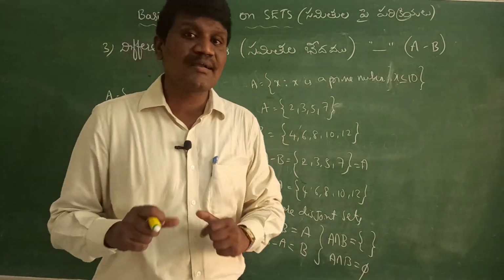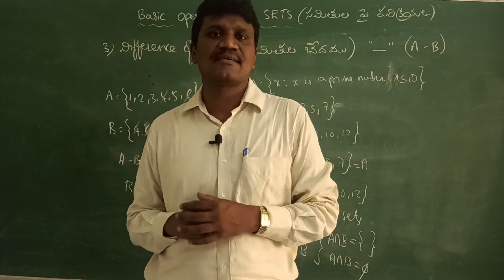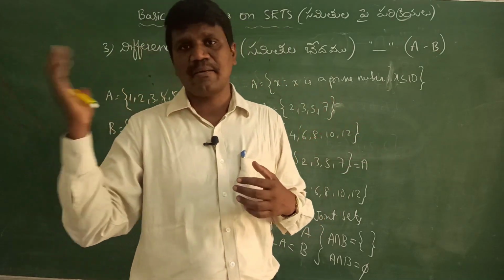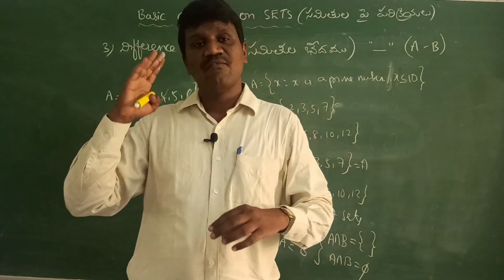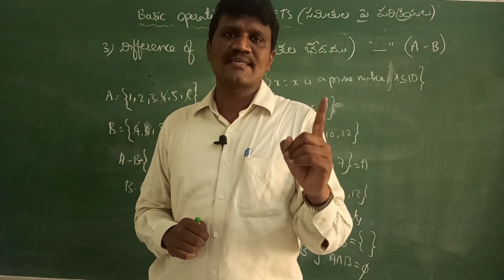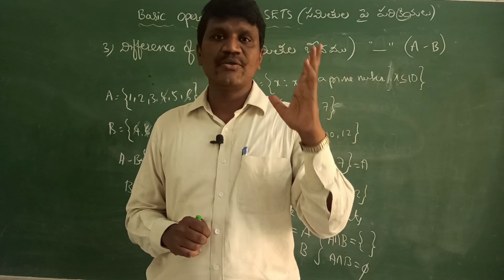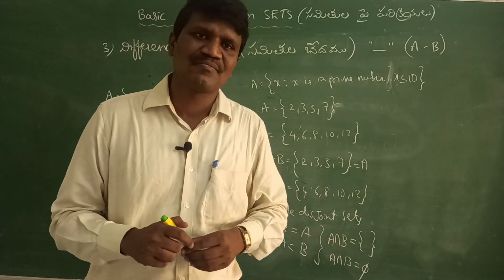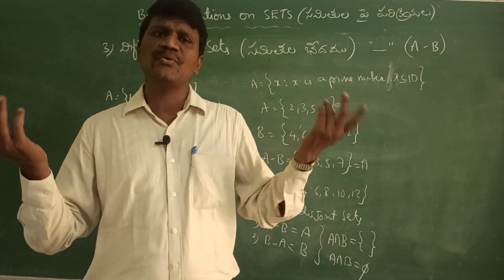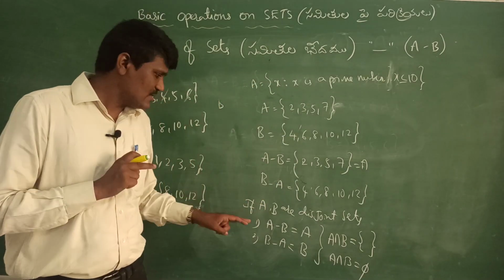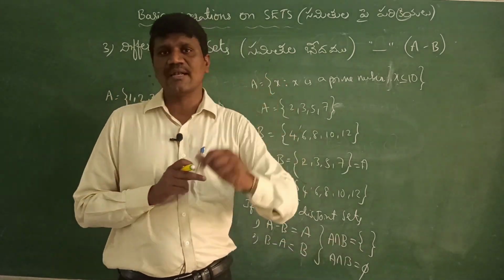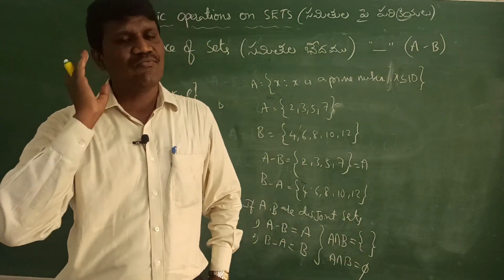సో ఇక్కడ చాలా ఇంపార్టెంట్ పాయింట్ ఏంటంటే two sets are disjoint sets. A minus B is A, B minus A is B. సో ఈ 3 పాయింట్స్ అనేవి చాలా ఇంపార్టెంట్ whenever two sets are disjoint sets. సో disjoint sets అన్నప్పుడు intersection is a null set and union ఏమవుతుంది? If two sets are disjoint, what will be the union? Union is nothing but combination of two sets, right? So A minus B is A and B minus A is B. A intersection B is equal to null set. So this is about difference of two sets.